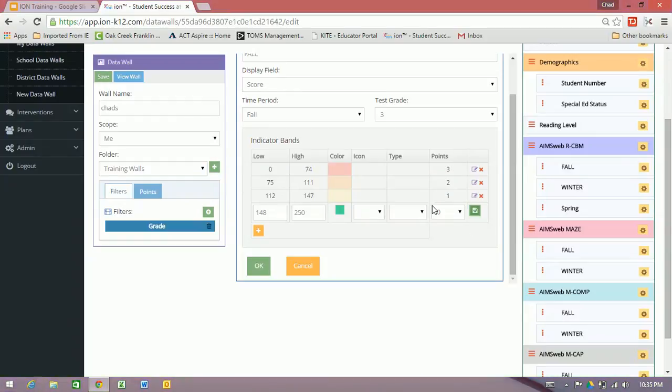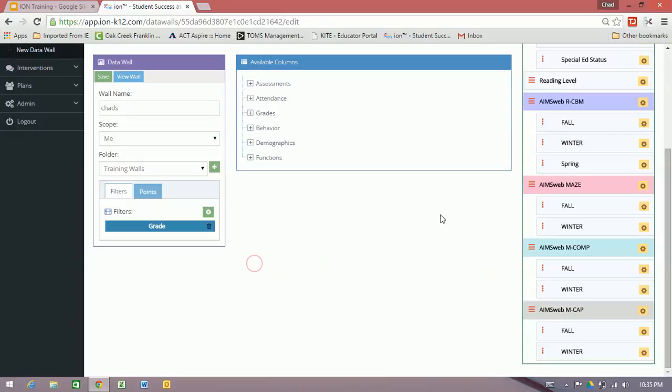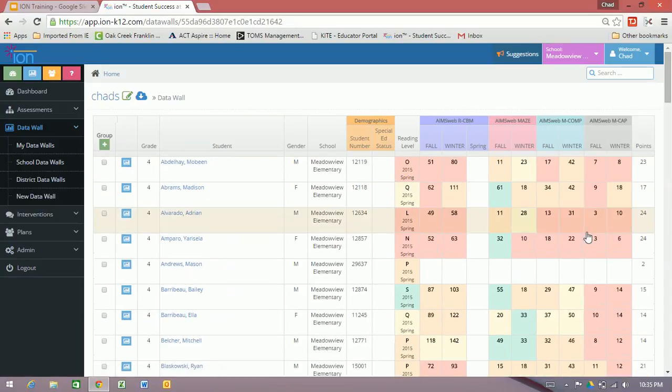So make sure that if you do make a change in here, you hit the save button, and then when we click OK, it will save all of that information, and we can go back and view the wall. In this case, it didn't change any of the colors because all we did really was change that top number on the range. Now, let's say you wanted to find out, well, how should we really create those bands? You could just make the numbers up, but you can also figure out what those numbers would look like by